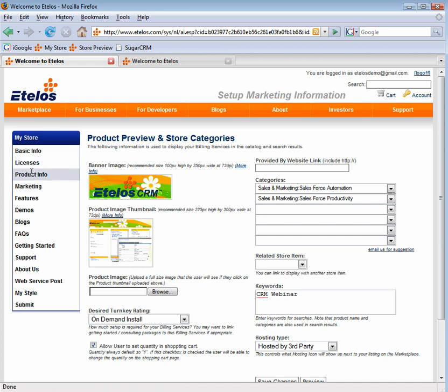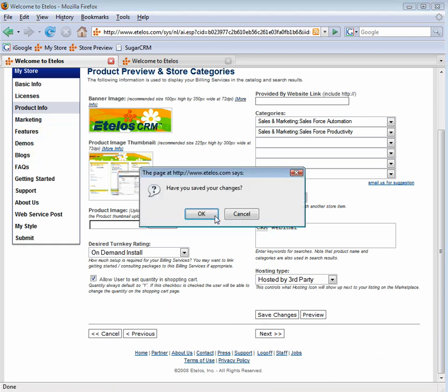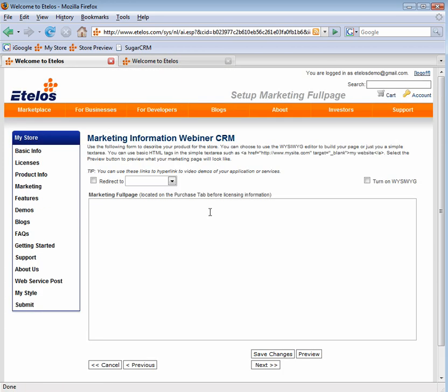So we did the licensing and the basic product info. I can go through the wizard and hit next, or I can go to the appropriate page that I want to go to. In this case, this is the marketing information,